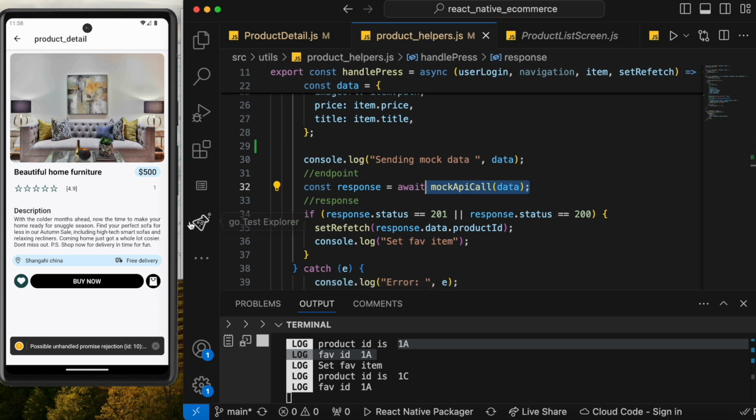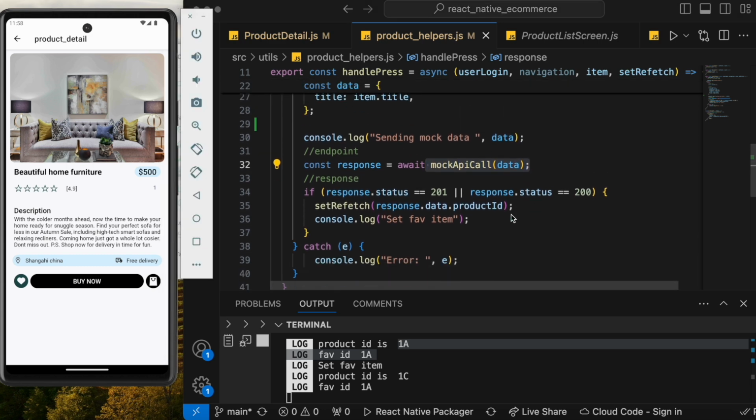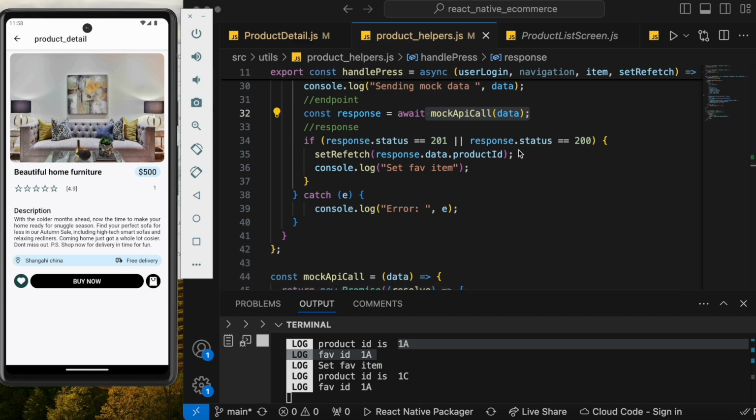And next time on the same product, if the user clicks again, we'll remove that. So the idea is the first time we'll save, and the second time the user clicks it, we'll remove it. That's how it should work, and that's why we are saving in our set